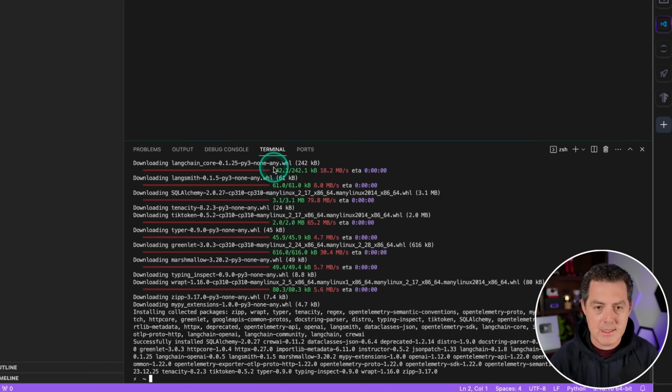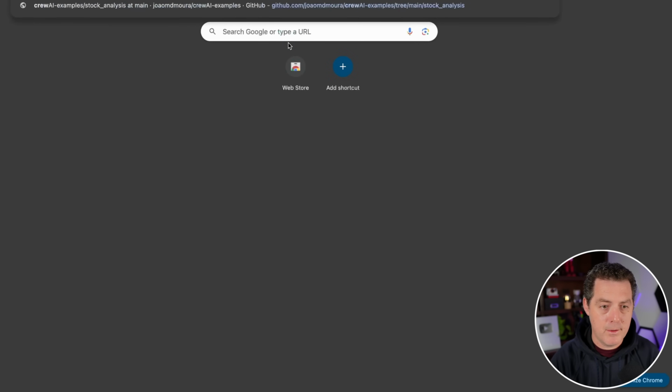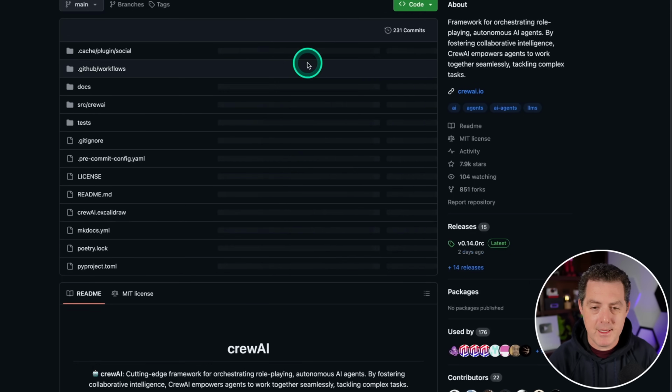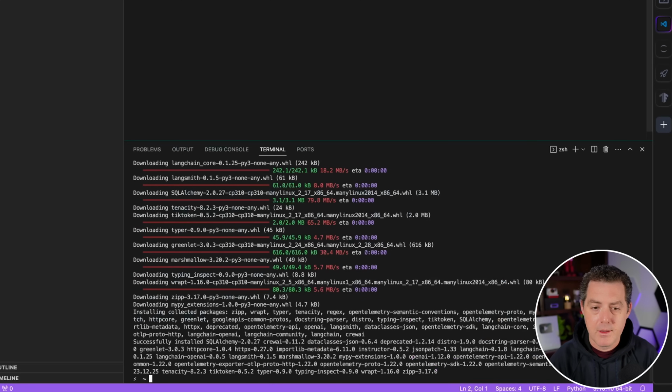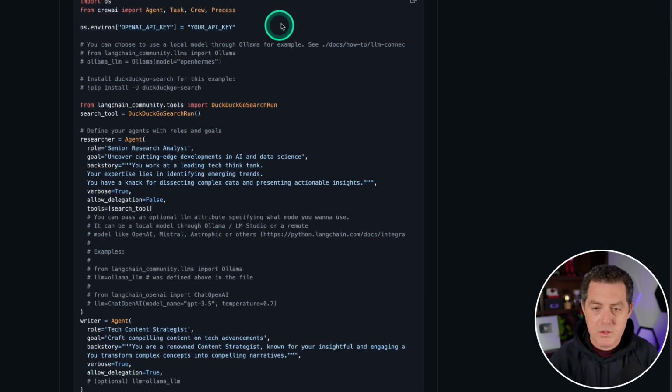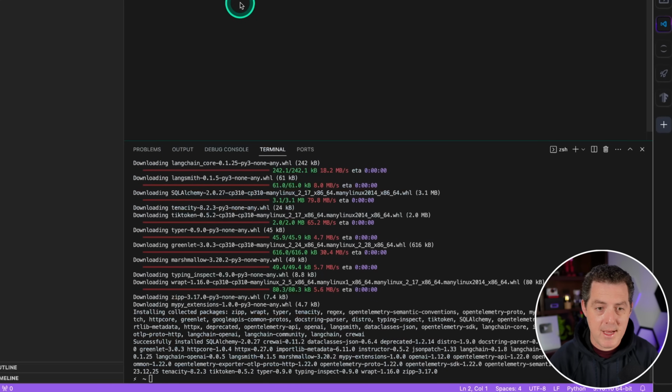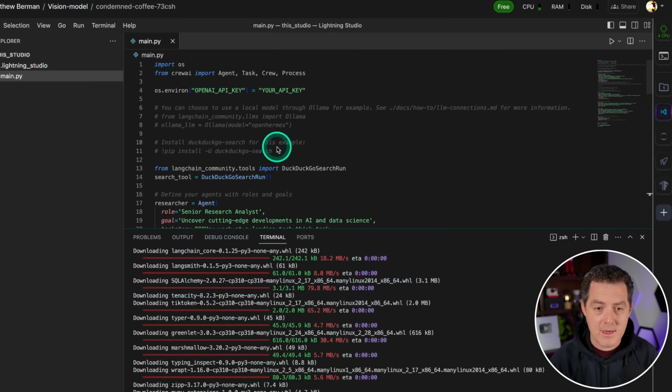Okay, it's done. Awesome. I'm also going to have the CrewAI documentation open just so I can reference it whenever I need. And so now that I have CrewAI installed, that actually should be it to get started defining our agents. So I'm switching over to the documentation. I'm going to copy the code from the documentation. I'm going to switch back and I'm just going to paste it all in here,